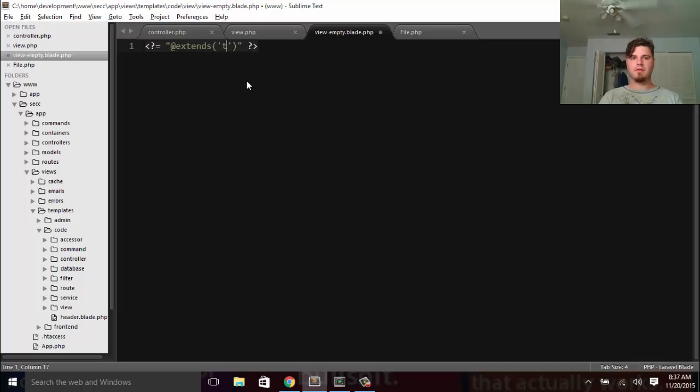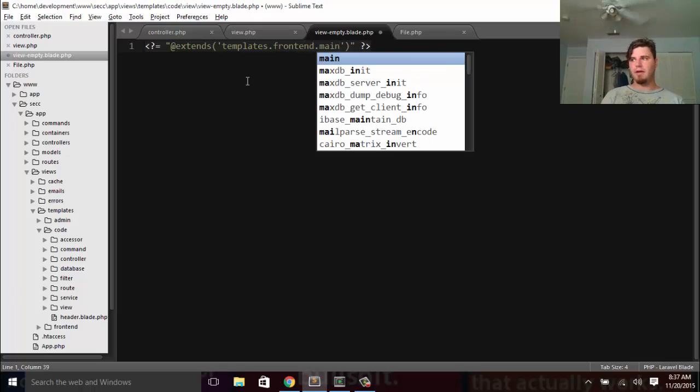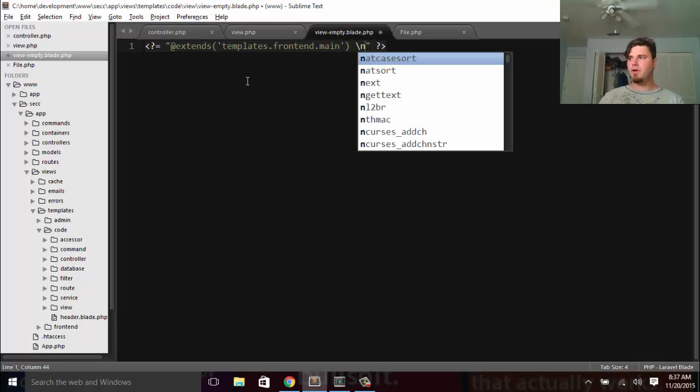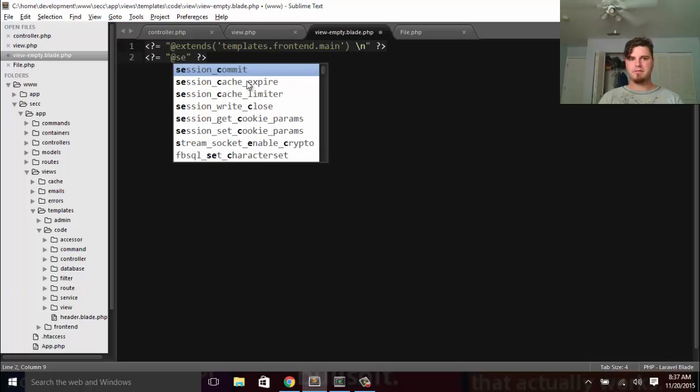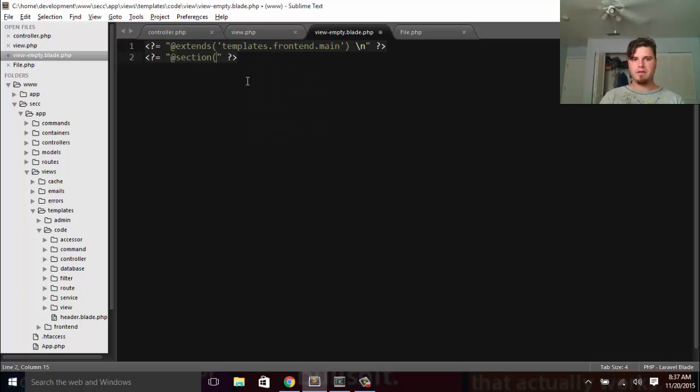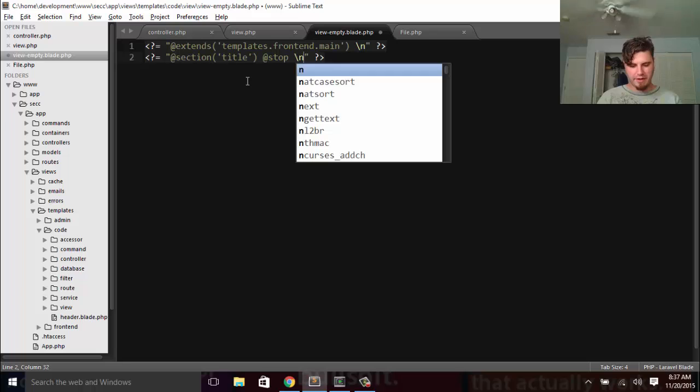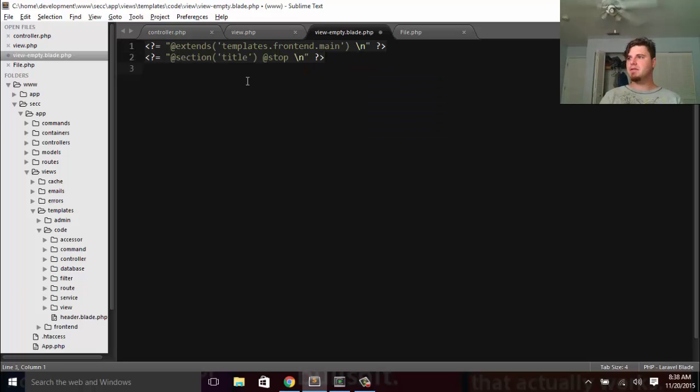our templates front end main, and then we'll put on a line break and just echo out the next piece, which is going to be, I'll create a section for the title, and we'll stop that section, and we'll need to have a \n, and we'll echo out